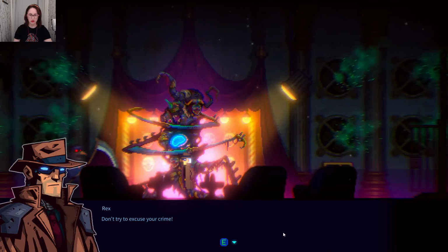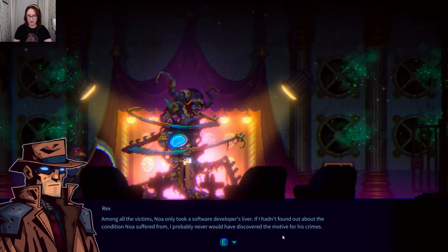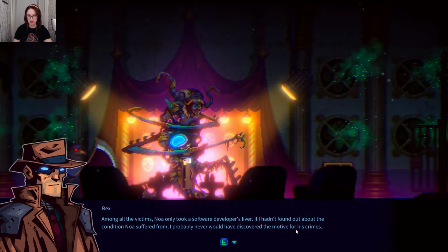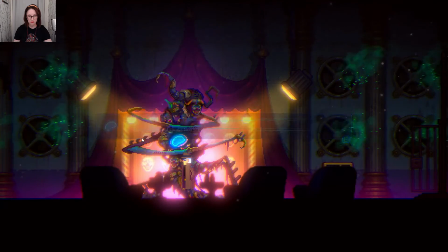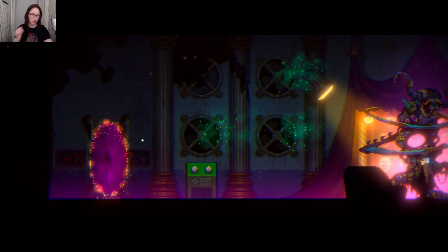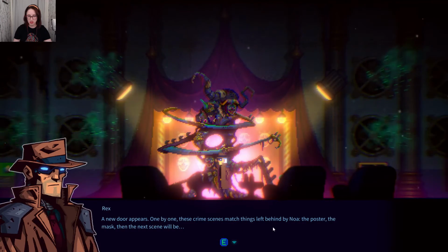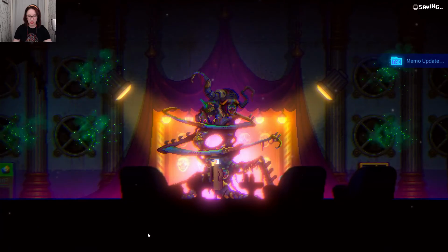Don't try to excuse your crime. Among the victims, Noah only took a software developer's liver. If I had not found out about the condition Noah suffered from, I probably never would have discovered the motive for his crimes. Okay, I guess that leaves one more crime for one more organ. A new door appears. One by one, these crime scenes match things left behind by Noah. The poster, the mask, and the very next scene will be...